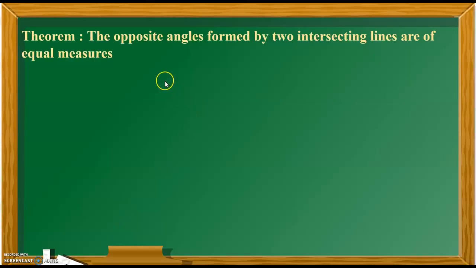So we had seen in the GeoGebra software that when two lines intersect each other, the opposite angles are of equal measure. Now let's write the logical proof for it. So what was the first step? From the theorem, we have to get the conditional statement. Now what is a conditional statement? Here it means that if two lines intersect, then the opposite angles are equal. Okay, so this is a conditional statement.